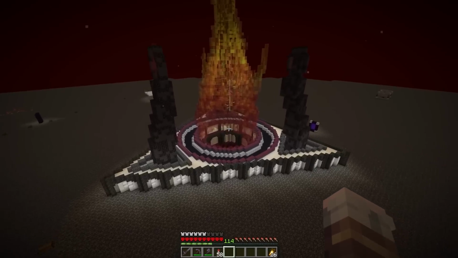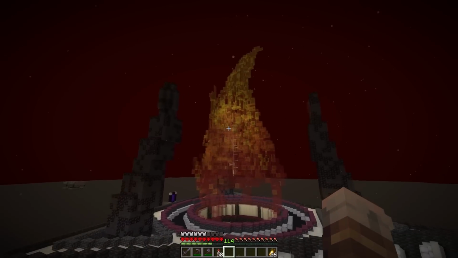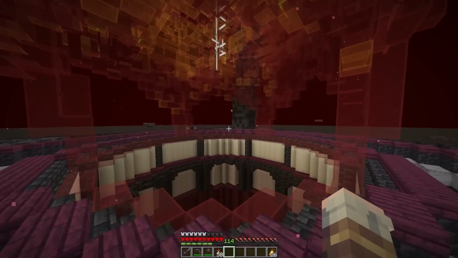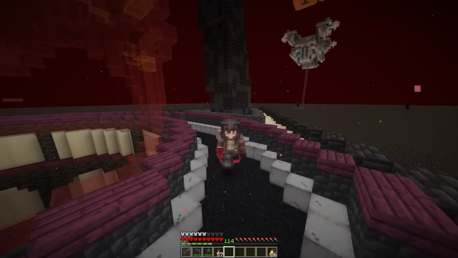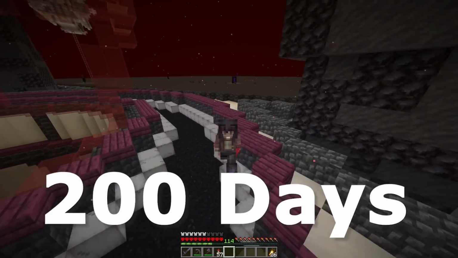I've got to say, this looks absolutely amazing. I am so happy with how this turned out. I might have missed a little bit with how the shape turned out, but in general, with all the colors, I love it. And we can fly down into the nether without an issue and hopefully back up, and it shouldn't be too hard. But with that, I have to end this episode off because I've almost spent 200 in-game days on this episode